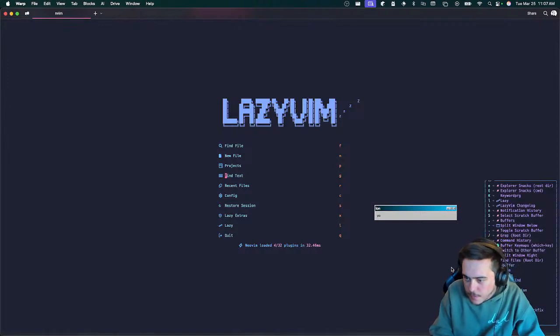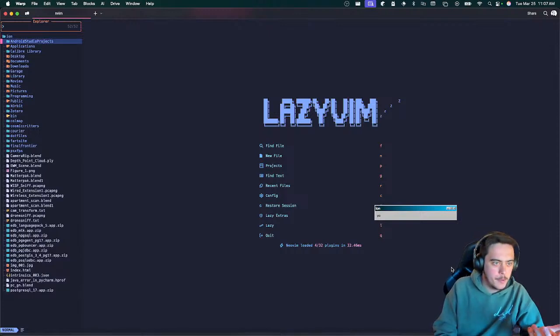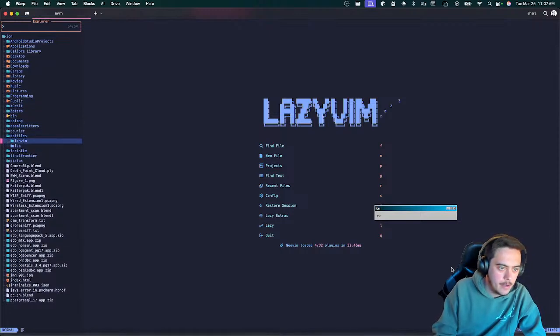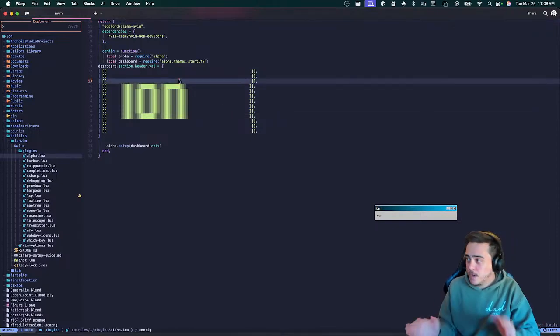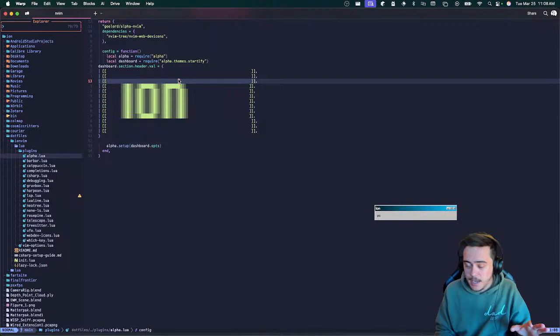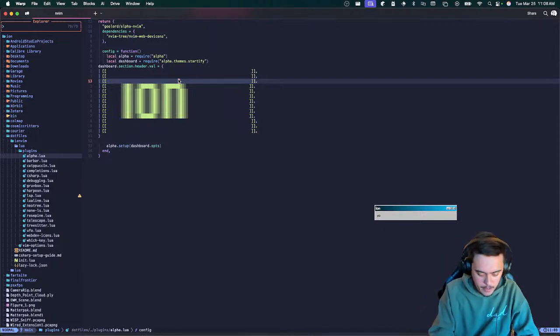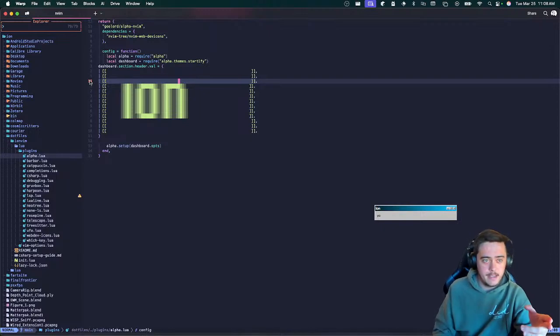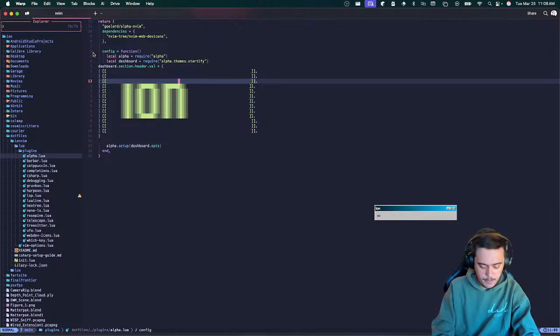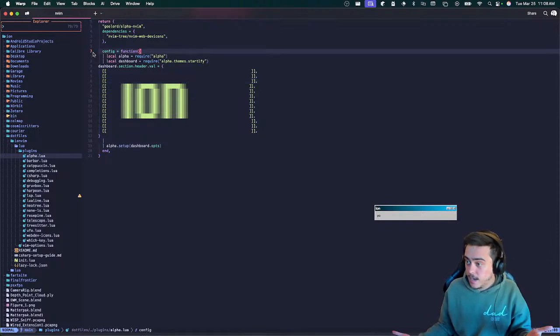So with this, I can do E and open up my Explorer and go into my config and all that stuff. I can edit code in here, and I do know a little bit. Okay, I'm not going into this blind. If you look on the left here, it might not be that visible on phones, but this is 13, and then it goes 1, 2, 3, 4. So if I want to go up to this line that says config, I would do 6K, and I would be where I needed to go, which is cool.